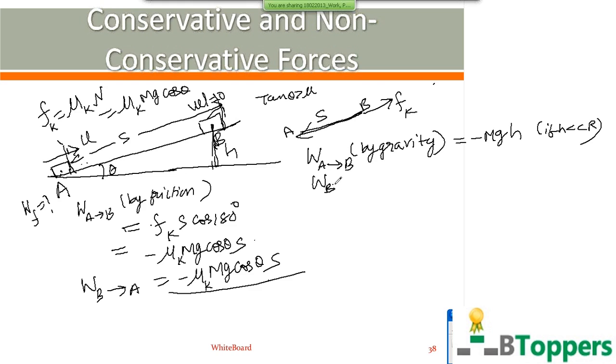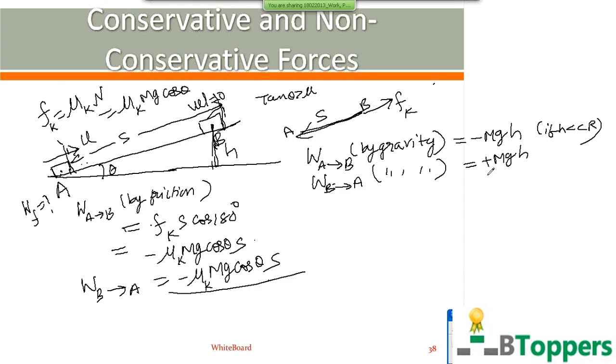Work done by the gravitational force on the block when it slides back from B to A will be plus mgh. As I discussed earlier, whenever the center of gravity of the block or body falls through a vertical height h, the work done by the gravitational force on the body will be plus mgh. So the total work done by the gravitational force on the body for the round trip from A to B and from B to A will be 0. So gravity is an example for